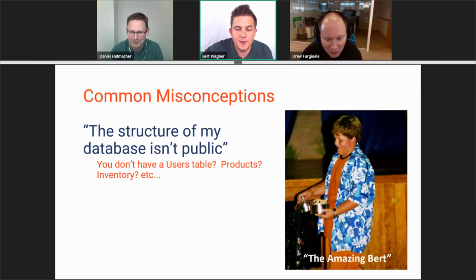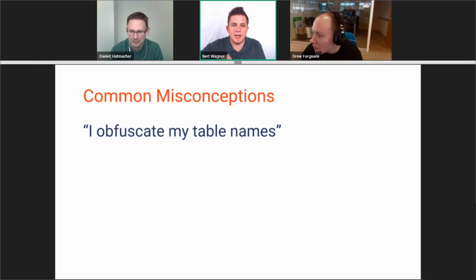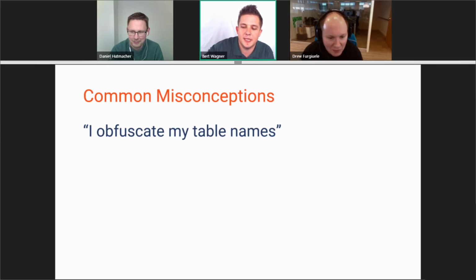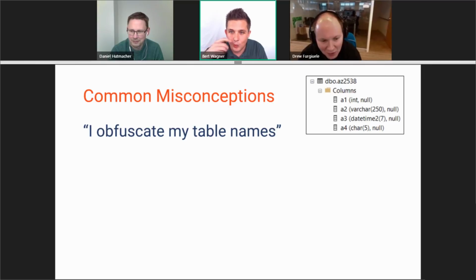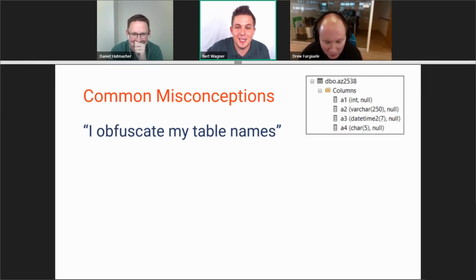So taking that one step further, maybe you have met someone who does this, right? They obfuscate their table names and their column names. They offer some reason of job security: I'm never going to get fired because no one else will be able to maintain my database. If that's you, if you're creating these kinds of tables called AZ2538, please stop. It's really bad. It doesn't actually help you with security either because like we looked at, if there's a SQL